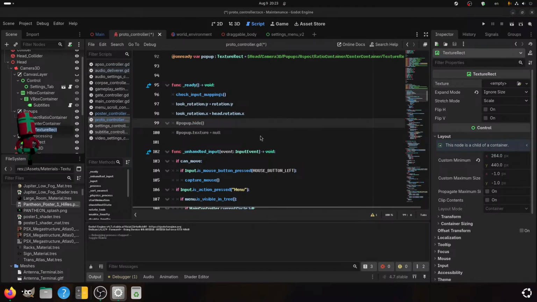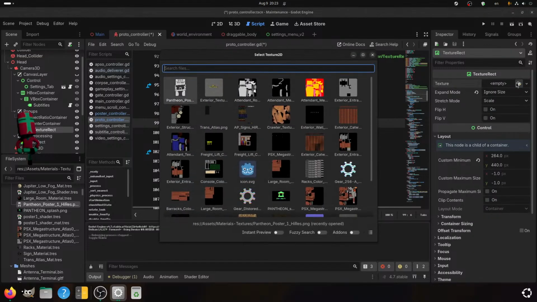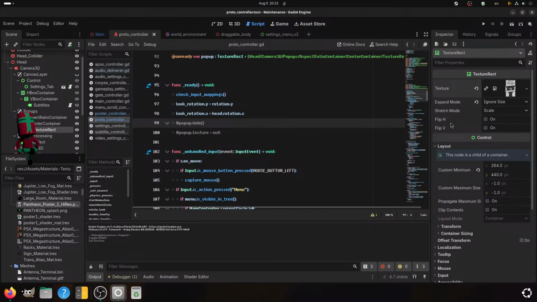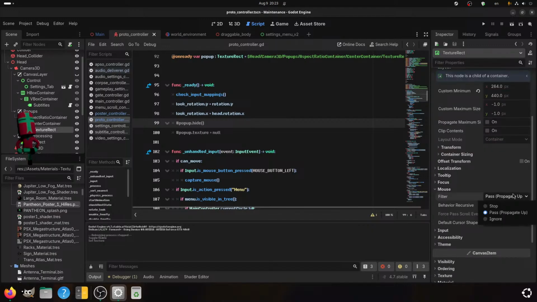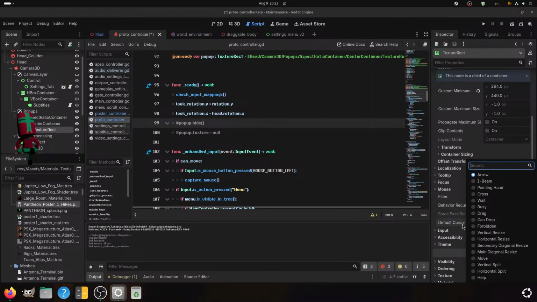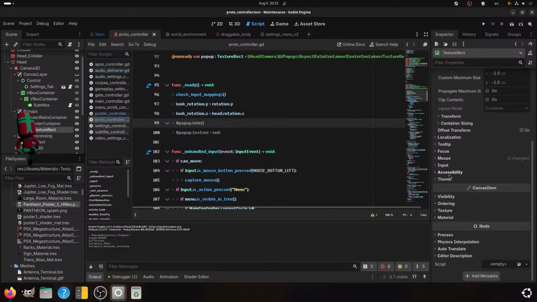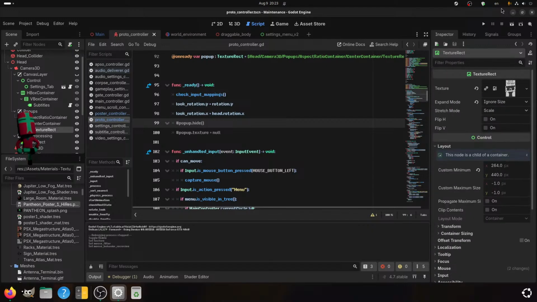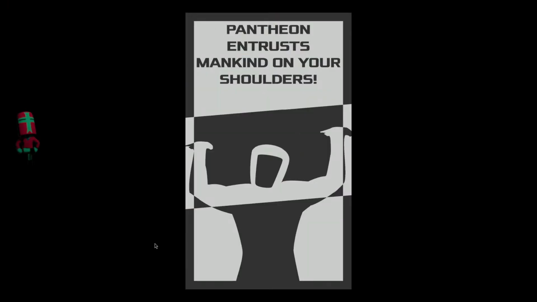So this and mouse, ignore, disable. Okay, so this works.